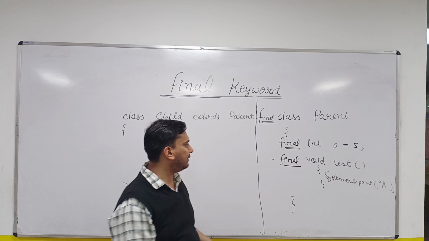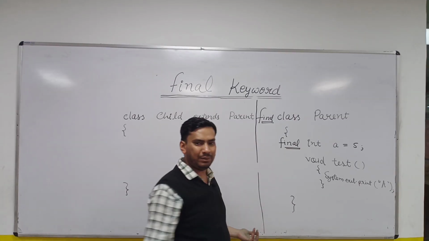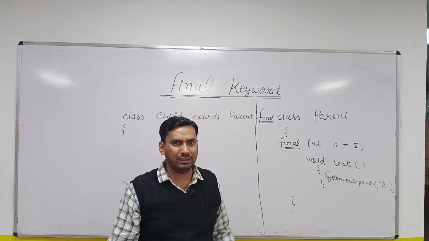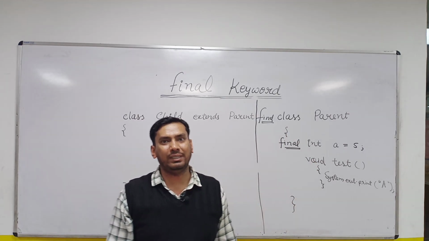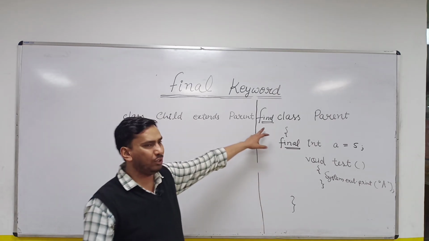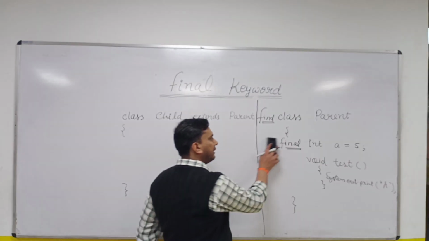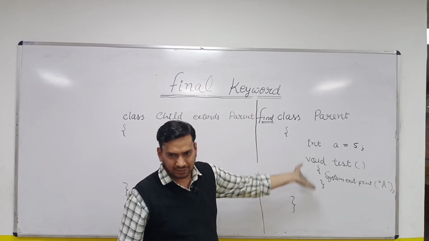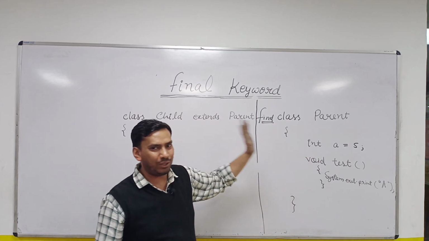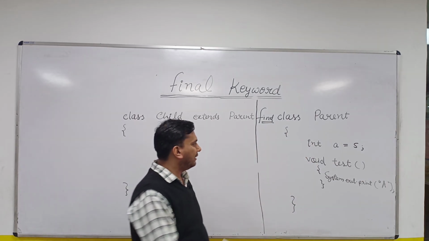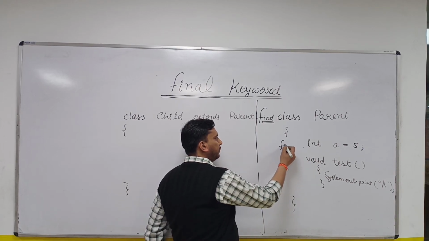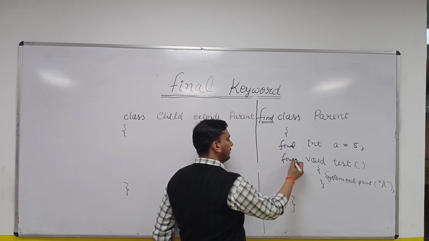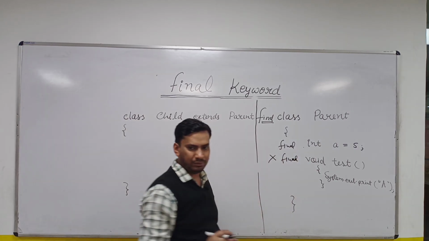As soon as you declare the class final, the method will automatically become final. If you declare a class final, the method is automatically final because nobody can override it, because for overriding, inheritance is required and this class cannot be inherited. But this data member will remain non-final because within the class you can change it. But other classes cannot inherit it, so other classes cannot change it. So if you want to make it a constant, you will put a final keyword here. But this final here is useless now.